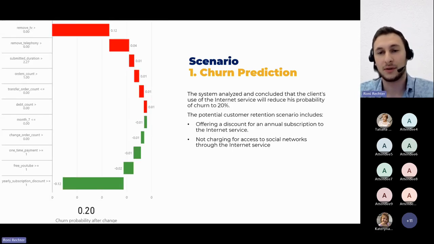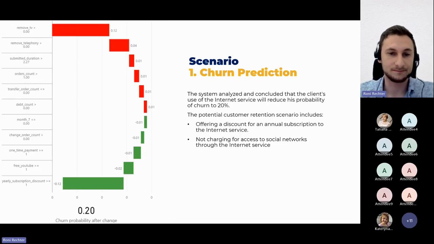Now, what should the company do in this situation? The system analyzed and concluded that the client's use of internet service will reduce the probability of churn to only 20%, which is a very drastic change from most likely churning to only 20%. And we also have retention scenarios, meaning what action the company should take. Here we find out that offering a discount for an annual subscription to internet service and not charging for access to social networks through the internet service will result in a reduced